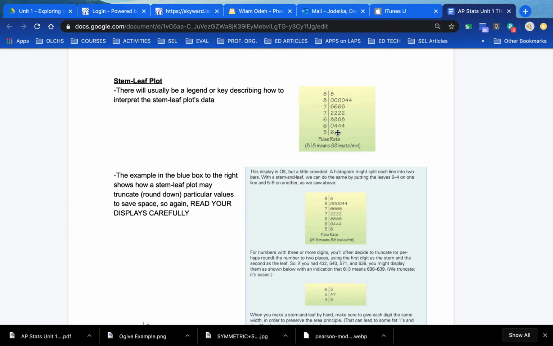You might have to interpret one. It helps to have these in order from least to greatest. So I would maybe flip this around, because if you were to turn this on its side, like physically rotate it, it sort of looks like a histogram. Okay, so moving on from there,